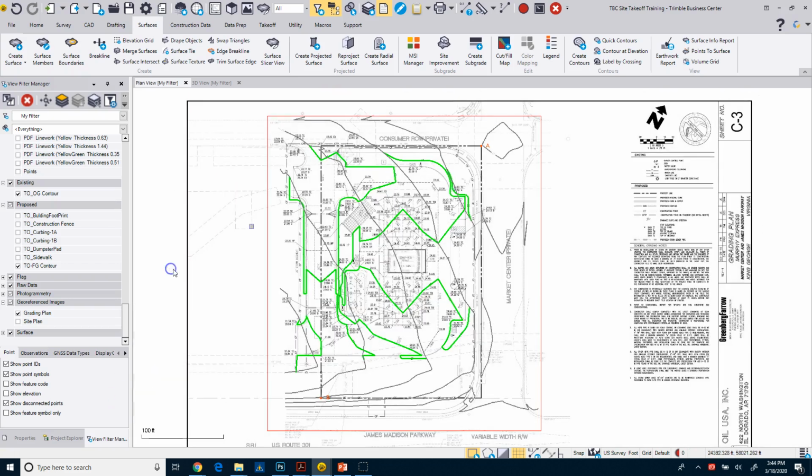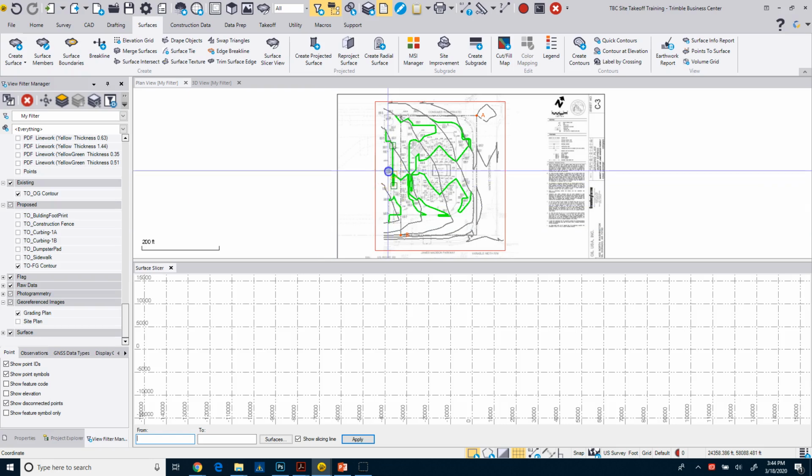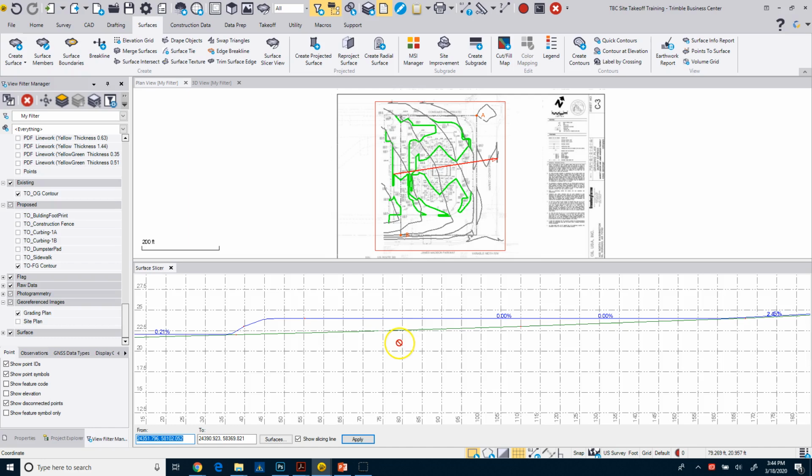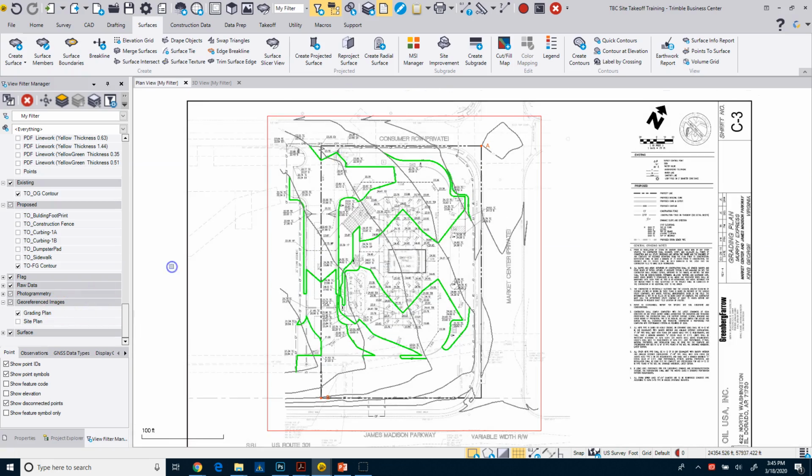Let me try that again. In the plan view, all right, again, I'm going to go surface slicer. And then if I just click a point here and drag it over there, I can see my proposed versus my existing, all right? Now my surface needs probably more information, more detail, and we're going to show you that